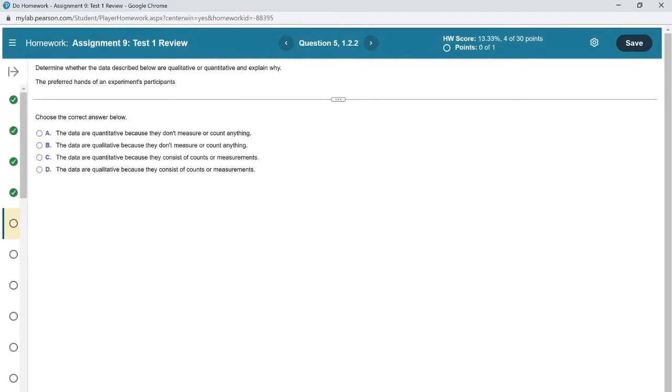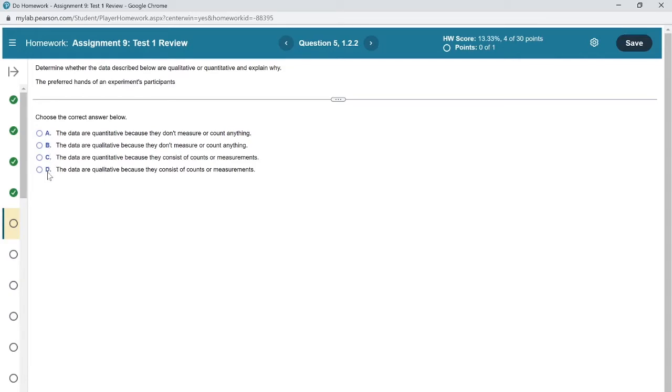Determine whether the data described below are qualitative or quantitative. Remember, quantitative means a number, but at the same time you should be able to play with that number. Play means you should be able to do a mathematical operation which should give you a valid answer. So the preferred hands of an experiment's participants. It's not a number, so it's qualitative. So the answer should be